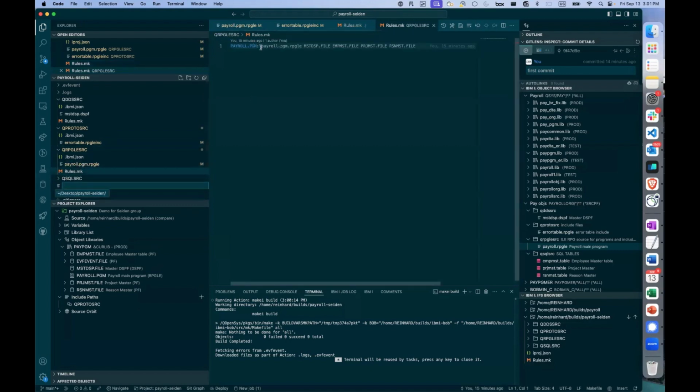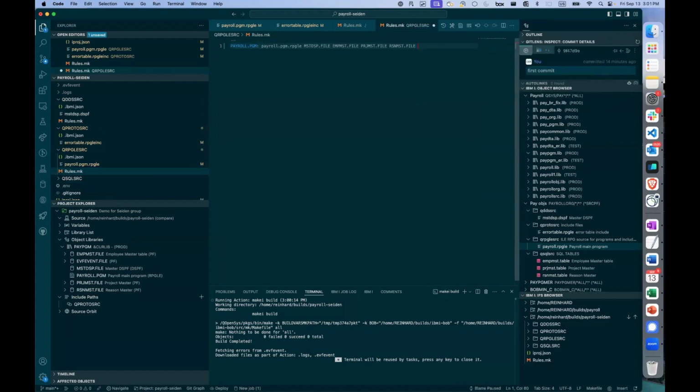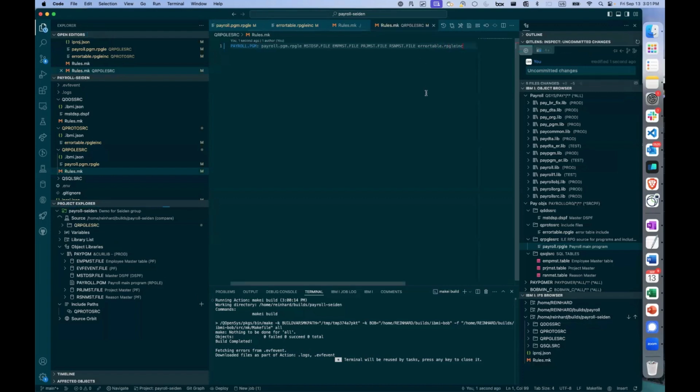So here it says, the one object you need to build here is the payroll program, and it depends on the display file and all of these things. What it forgot to say is that it also depends on error table.rpgle inc. I have to open an issue on that. Because if it had said that, then